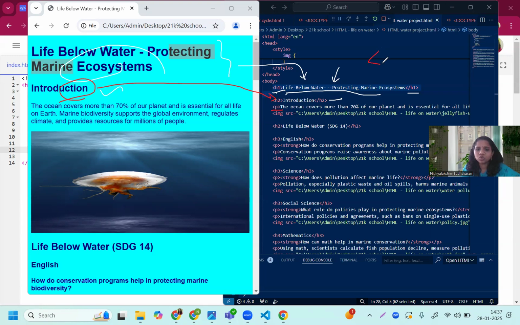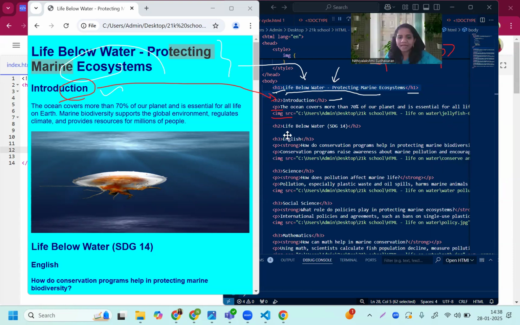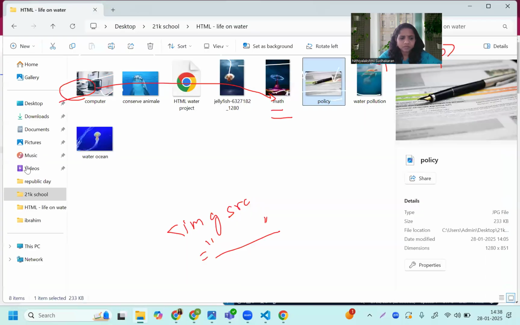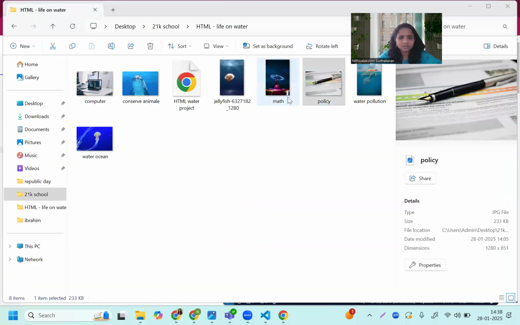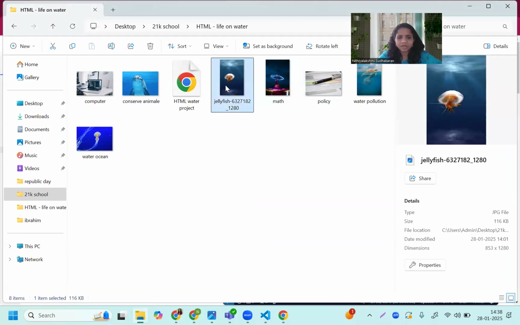Now for paragraph, you will be using a P tag and a closing tag P. And for image source, you will be using a tag as image source. So IMG, SRC, within the double quotes, you will be adding the path of the image. Say for example, here the path of the images. I have added this, the first image. So click here, right click and go to copy as path. This path, you have to add it over here